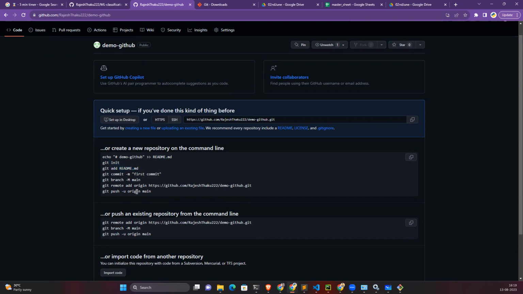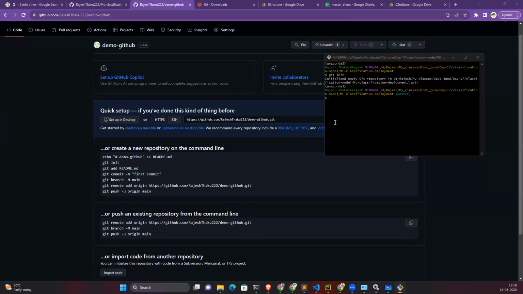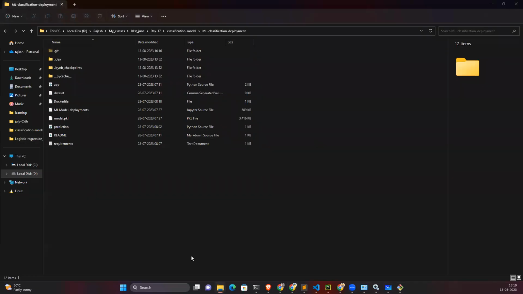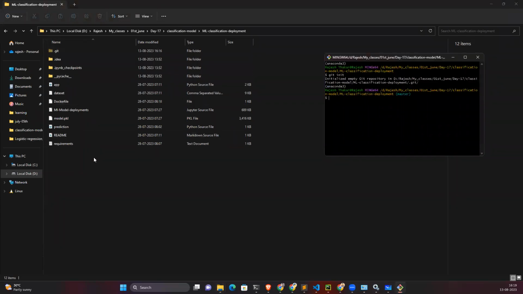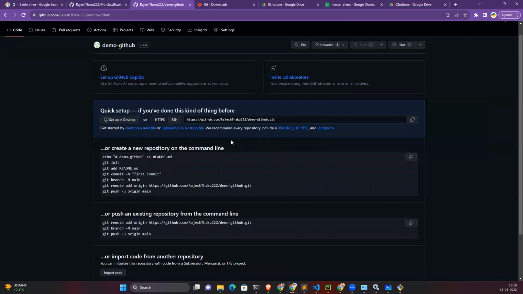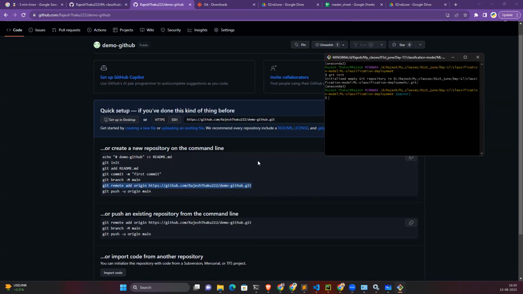We initialized this .git folder here. Now, how will this local system understand where to push? For pushing, this address has to be mapped. For mapping this address, there is a command called git remote add origin and this link.